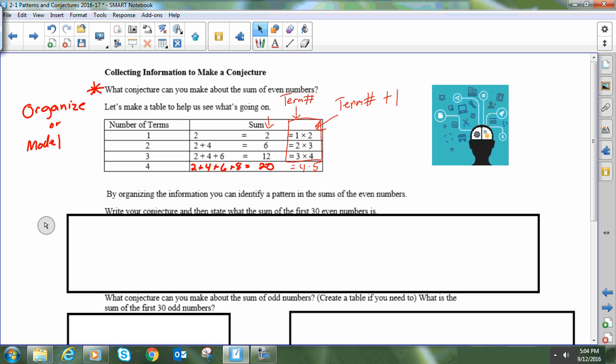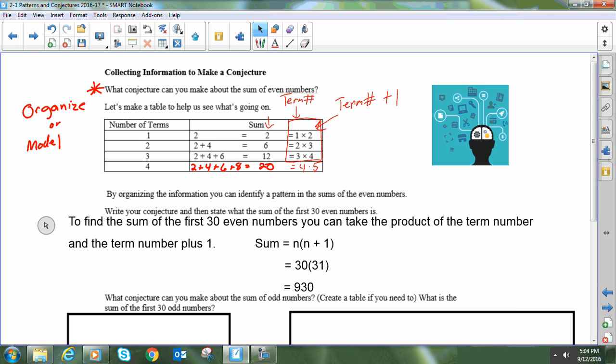I can see that my conjecture is going to be, to find the sum of even numbers, I take whatever the term number is and I multiply it by the term number plus 1. So when I apply that to the first 30 even numbers to see what the sum is,